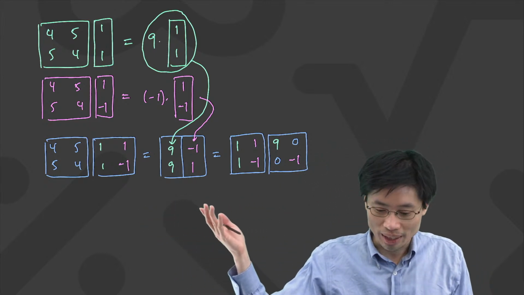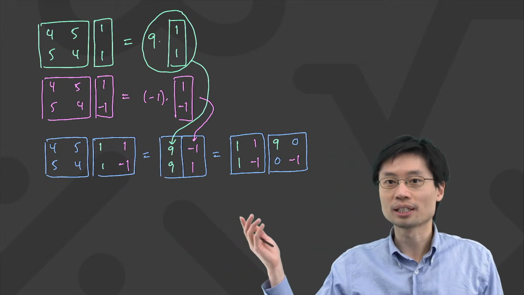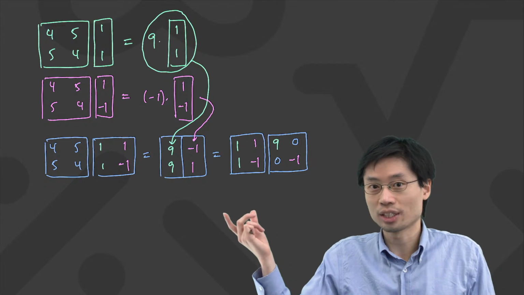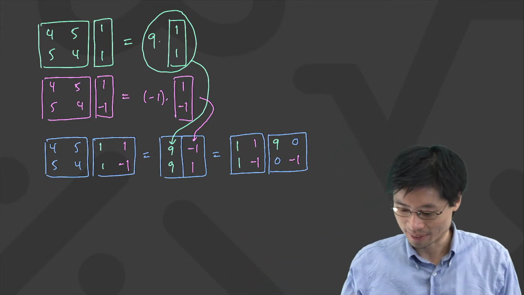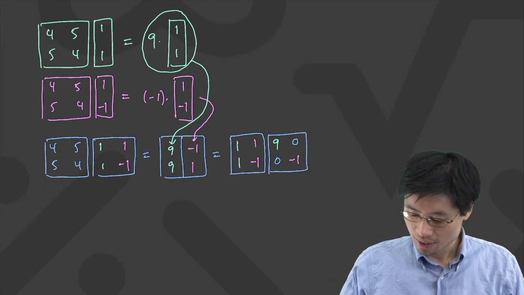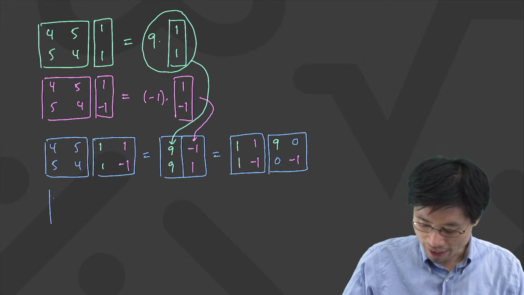Okay, what's the upshot? Why do we care? The reason we care is because you can now use the matrix inverse, and we actually have just diagonalized the matrix. Now what do I know? Now I know that if I want 4, 5, 5, 4,